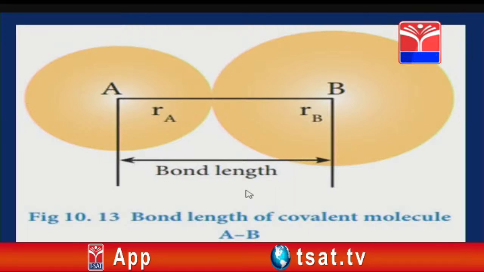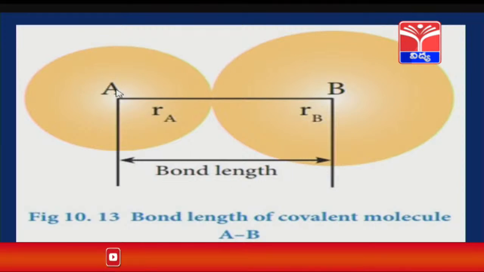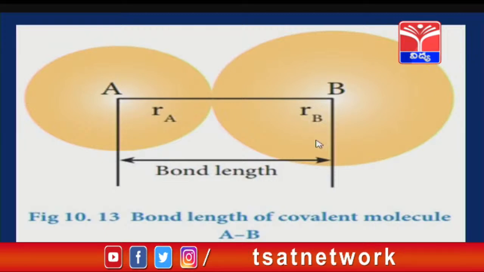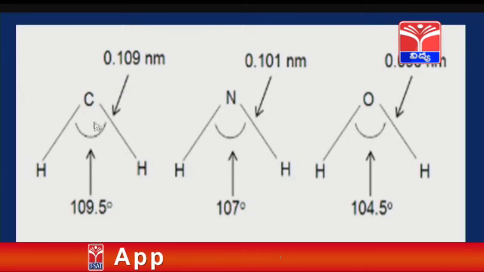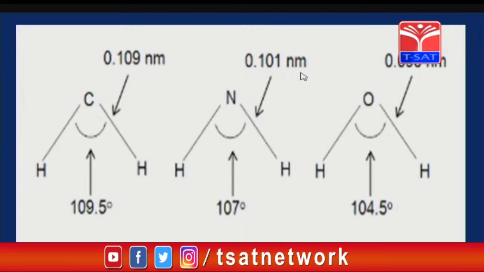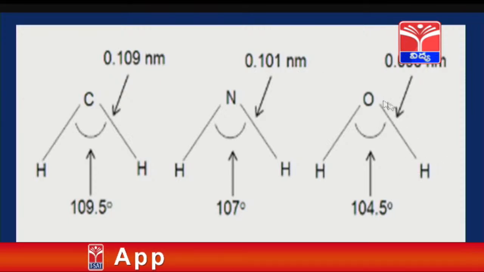So, a bond length of a covalent molecule is the gap between or the distance between the nuclei of the two atoms which have shared a pair of electrons. So, in this picture you can see this is a methane molecule actually. Here the bond length between the carbon and hydrogen is 0.109 nanometer, and in ammonia molecule the bond length between the nitrogen and hydrogen atom is 0.101 nanometer, and in water molecule the bond length of oxygen and hydrogen atom is